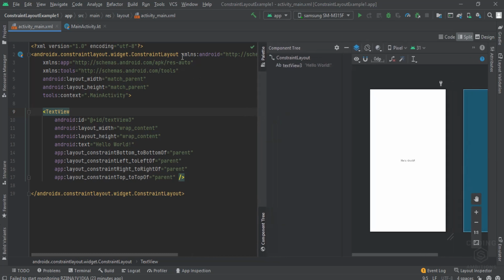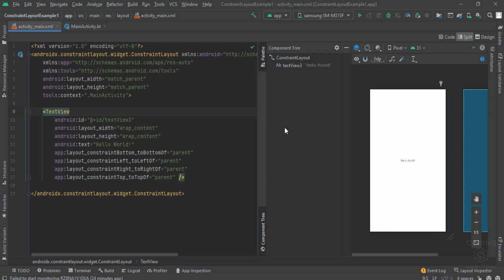If you don't know about layouts in Android, I have prepared a separate tutorial on that. I will put the link in the description. You can watch that video, and after that you will have an idea about what the layouts in Android are. I also have prepared a tutorial on linear layout, so I will put the link of both videos in the description, so you can go and watch this. So let's continue with our tutorial.